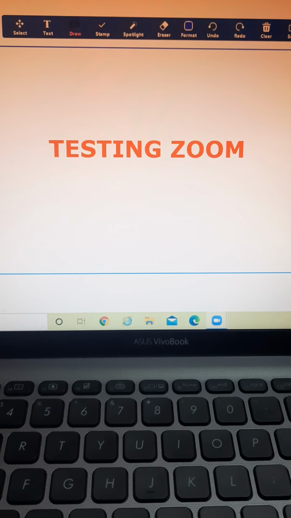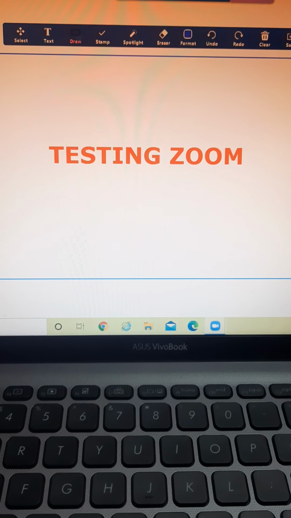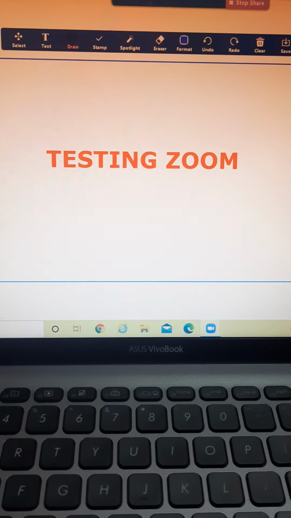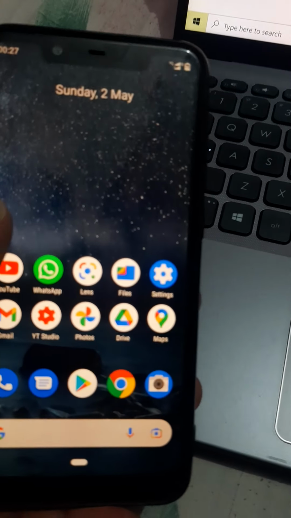In today's video we are going to learn about using the Zoom Cloud Meeting app. This app is very important these days because it is important in attending online classes as well as online webinars or seminars. So let's just start. Firstly, you have to download the Zoom Cloud Meeting app on your mobile phone.